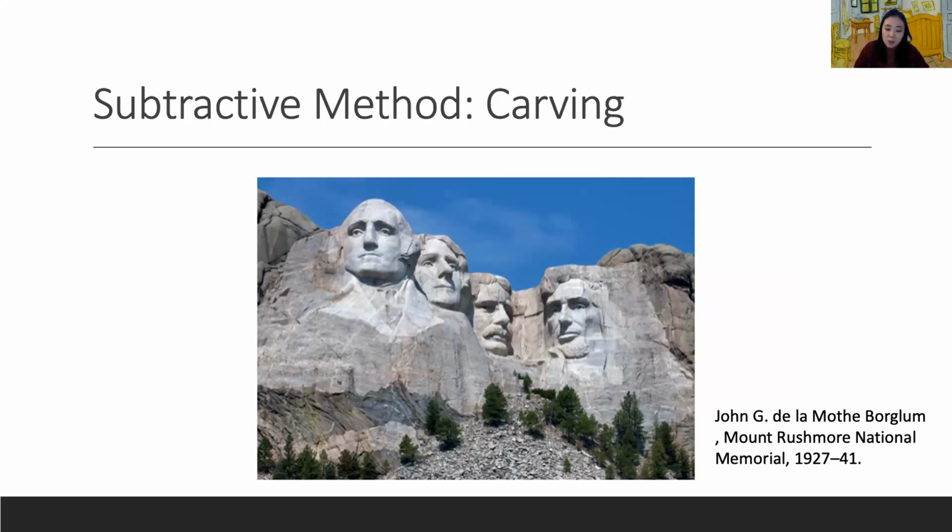One of the largest and most famous sculptural portraits was executed using the subtractive method, carving on a mountainside in South Dakota. The Mount Rushmore